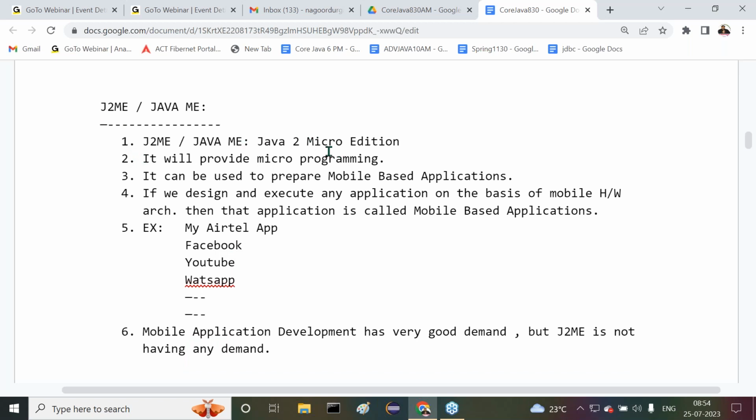J2ME stands for Java 2 Micro Edition. It will provide micro programming. It can be used to prepare mobile based applications. If we design and execute any application on the basis of mobile hardware architecture, then that application is called a mobile based application. What are the various examples for it? Here also I am telling you,